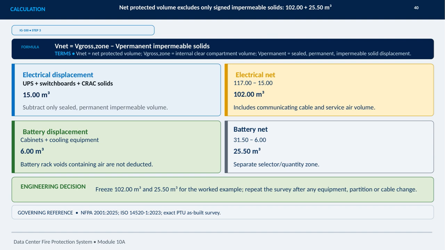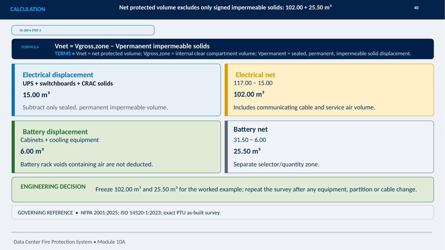For the electrical zone, the clear volume is 117.00 cubic meters. We subtract 15.00 cubic meters for the UPS, switchboards, and CRAC solids, leaving a net protected volume of 102.00 cubic meters. The communicating cable and service air volume remain included. For the battery zone, 31.50 cubic meters is reduced by 6.00 cubic meters for cabinets and cooling equipment, resulting in 25.50 cubic meters. Battery rack voids that contain air are not deducted, and this area remains a separate selector and